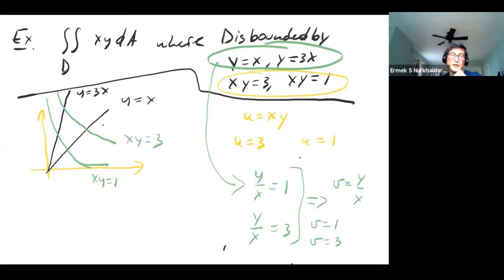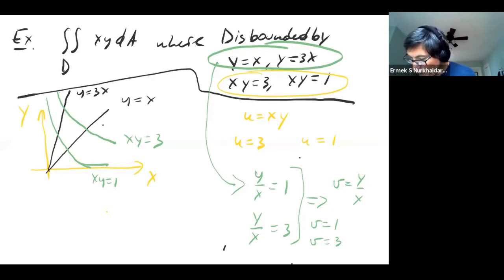Okay. So if I try to set the limits for this region in terms of x and y, it will be extremely difficult. It's possible, but it will take some effort. I'll have to break that region into maybe 2, 3, maybe 4 pieces, and each piece will be a type 1 or type 2 region. But again, as we mentioned, in terms of u and v, it's going to be so much easier. So now if I switch to u and v, the ones which we've suggested,